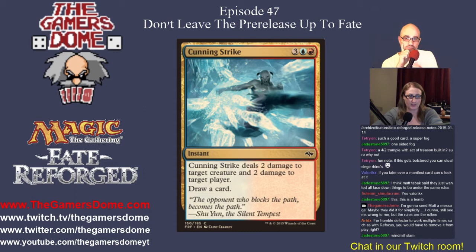Cunning Strike. Red, blue 3. Instant. Common. Cunning Strike deals 2 damage to target creature and 2 damage to target player. Draw a card. Kill your morph, shock you, draw a card? Yeah. It's okay. It's okay. I mean,